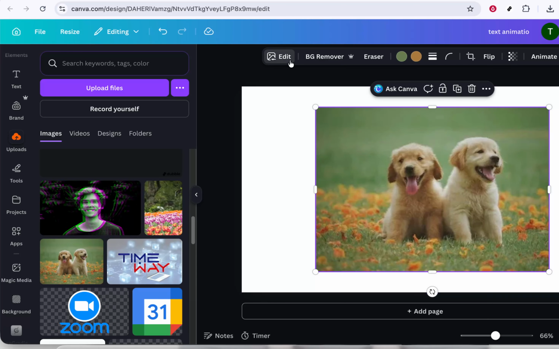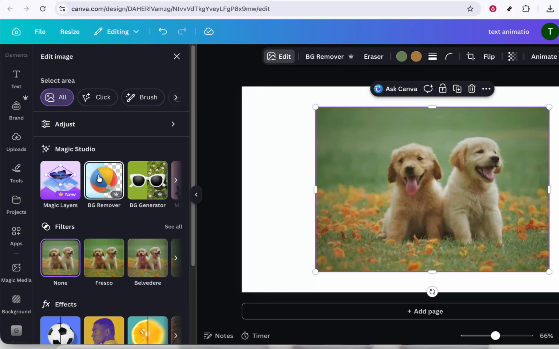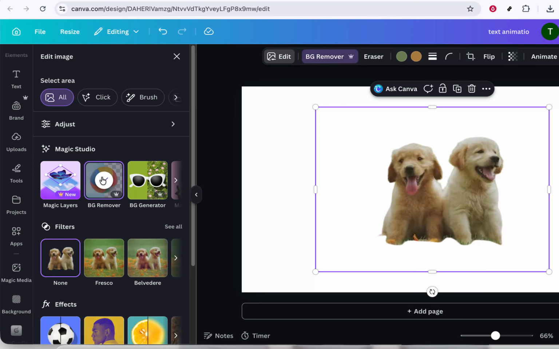Inside that editing panel, click on BG Remover, which stands for Background Remover. Canva will process the image for a moment and automatically remove the existing background, isolating your subject. Take a second to check the edges. If anything looks off, you can usually refine it using the available options, but for now, we'll focus on adding